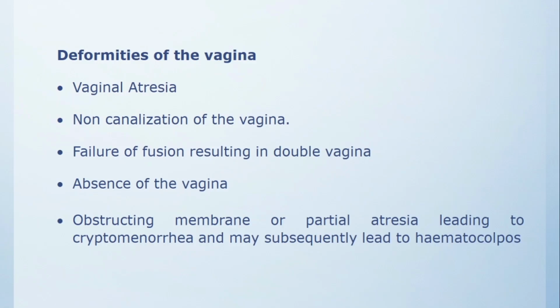So again, there could be an imperforate hymen, there could be a membrane or a thick tissue obstructing the entrance of the vagina. There could be congenital enlargement of the labia minora, and hypertrophy of the clitoris. Some of these are deformities that you can see in the vulva, resulting from congenital malformations of the female genital organs. In the vagina, you can have